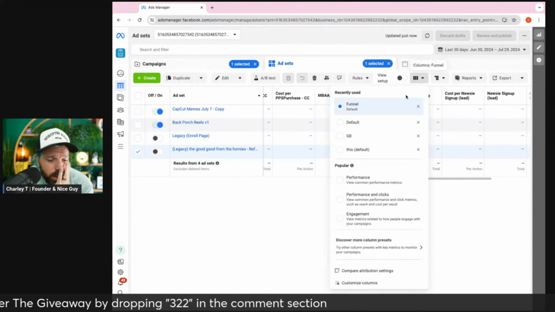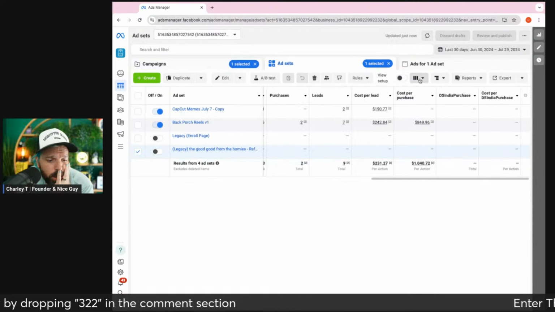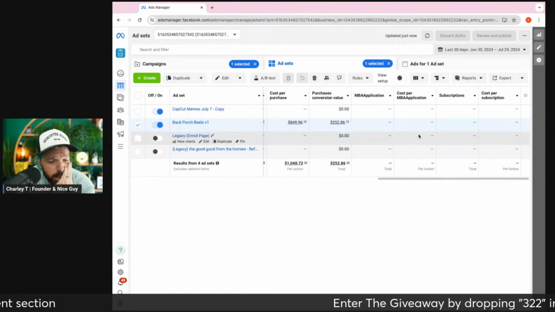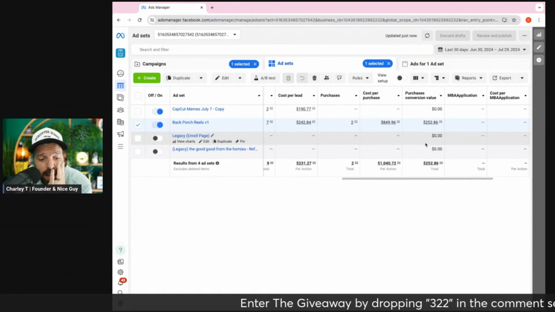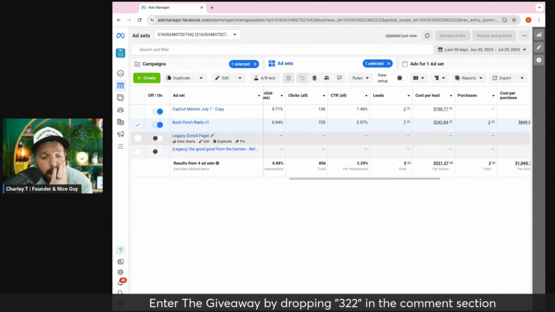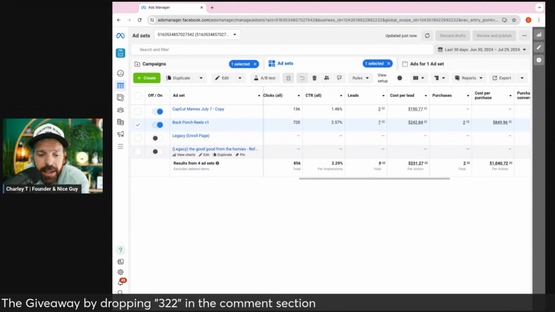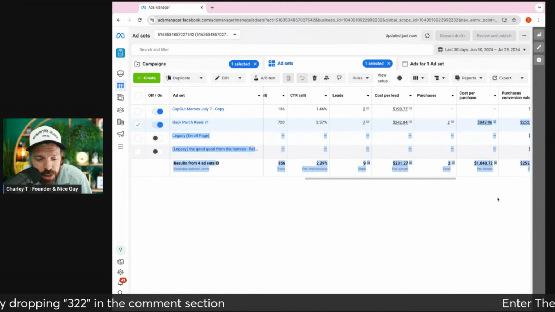Let's go to default. There we go. Okay, cool. So now why this really matters, okay? What I'm showing you here is the efficiency at which we're working. And what really matters here is you see this number right here,